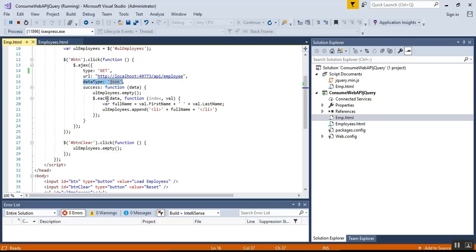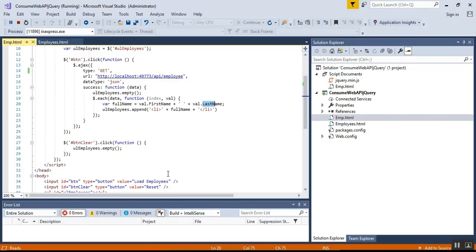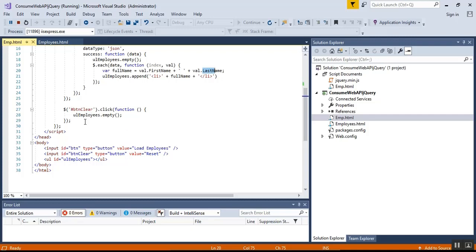if you click on it, then the function will be fired, and there is one fullName variable declared, and it contains two values: one is first name and the other is last name. It will concatenate and show them in the fullName variable. For example, if the first name is ASP.Web API ram1, and last name is pradhan1, the full name will show ram1 pradhan1. Alright, and it will append to the list the full name, and you can see the button clear, it will clear